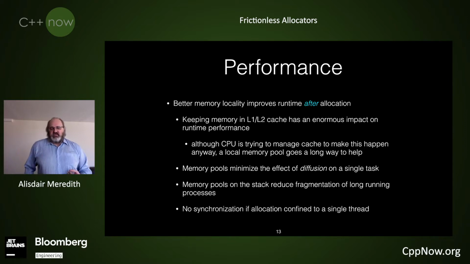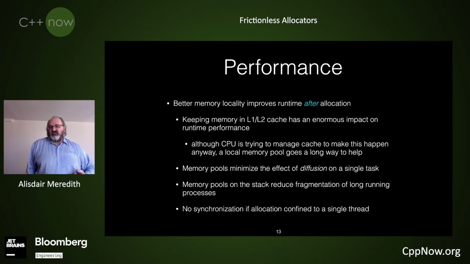In this manner, you can have different memory pools for different data structures. That will minimize what John Lakos calls diffusion on a single task, where over time, even though the amount of data you're using in your application might not change, it just diffuses through memory, so it's now spreading across lots of different data pages, which means as you jump through your data structure, you're paging in memory from all over the system. If you can keep your memory pools localized, you're going to have a much smaller working set, and that is, I say, a large part of where performance can come from.